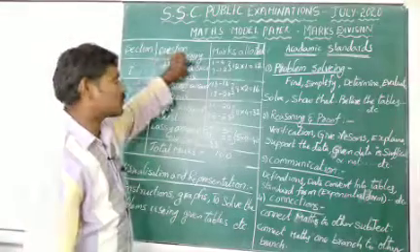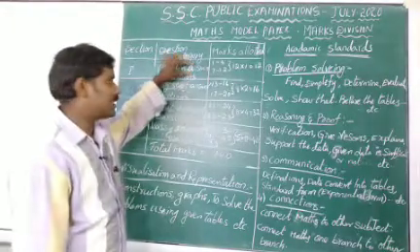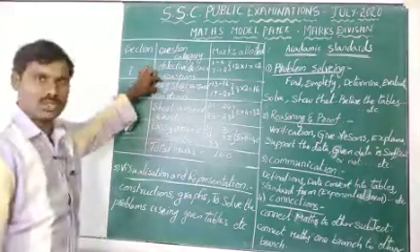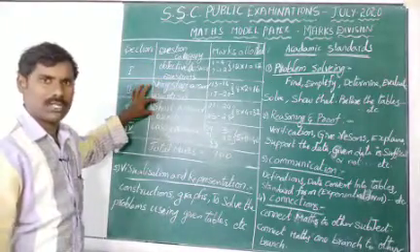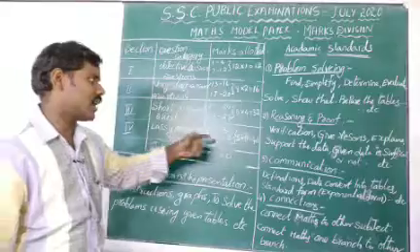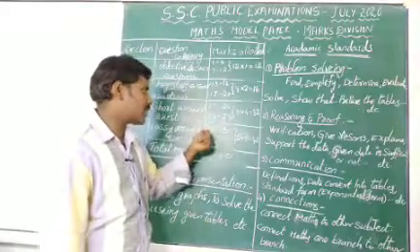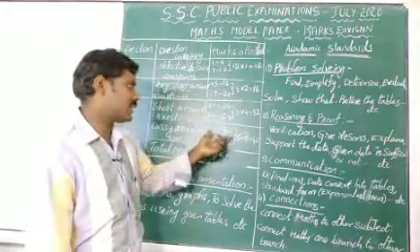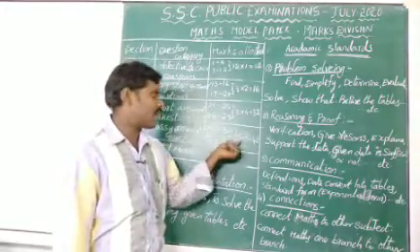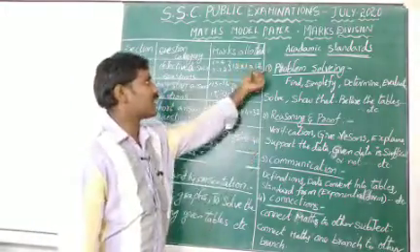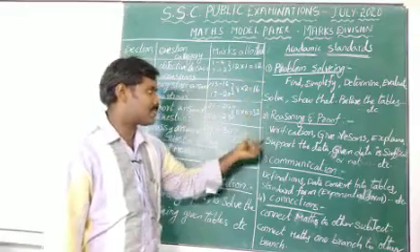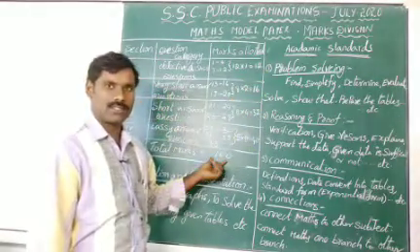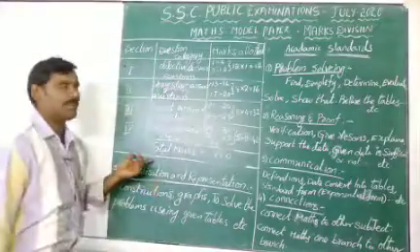Objective type questions have no choice, very short answers have no choice, and short answer questions also have no choice. But essay questions have internal choice, that means 29A and 29B; you can write either A or B. Like that we write 5 questions, 5 eights are 40 marks. Totally 12 plus 16 plus 32 plus 40, 100 marks. This is our question paper model.